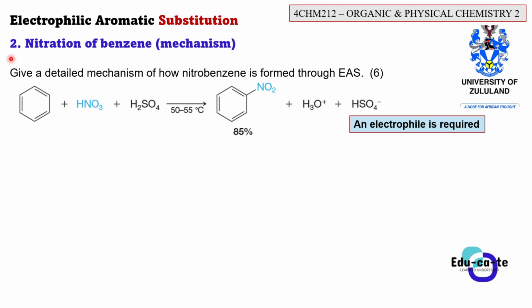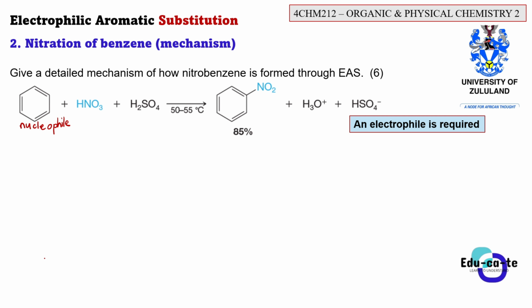Remember that when we are doing electrophilic aromatic substitution reactions, we need a nucleophile as well as an electrophile. The benzene ring always acts as a nucleophile. Remember, the duty of nucleophiles is to give electrons. They are the ones that donate electrons, or have an extra pair of electrons, and they're able to make a bond using that extra pair of electrons.